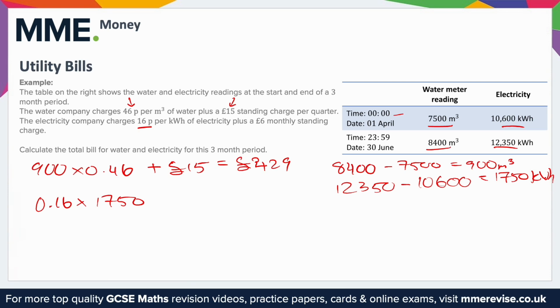And then don't forget to add the standing charge, but notice this time it's monthly. A quarter is 3 months, so we're going to have to add 3 lots of that. So plus 3 lots of 6. Sticking this into your calculator, you'll get £298. So the total spent on water and electricity for this 3-month period will be £429 plus £298, which is